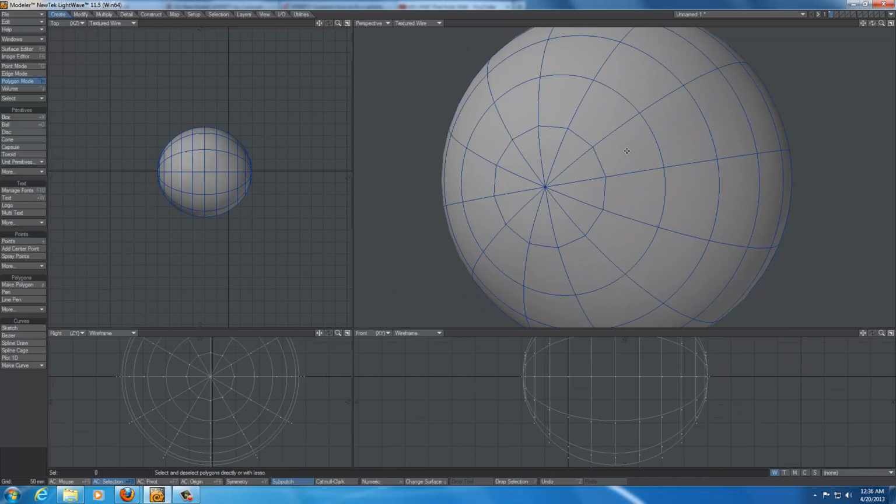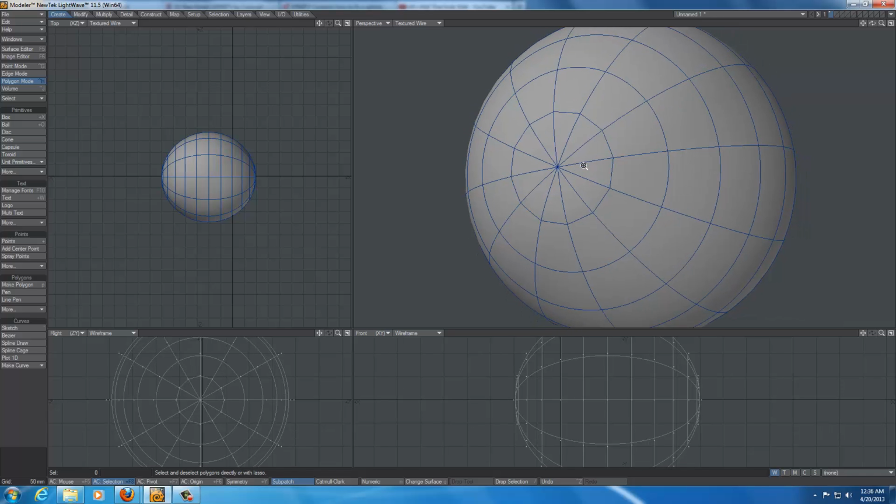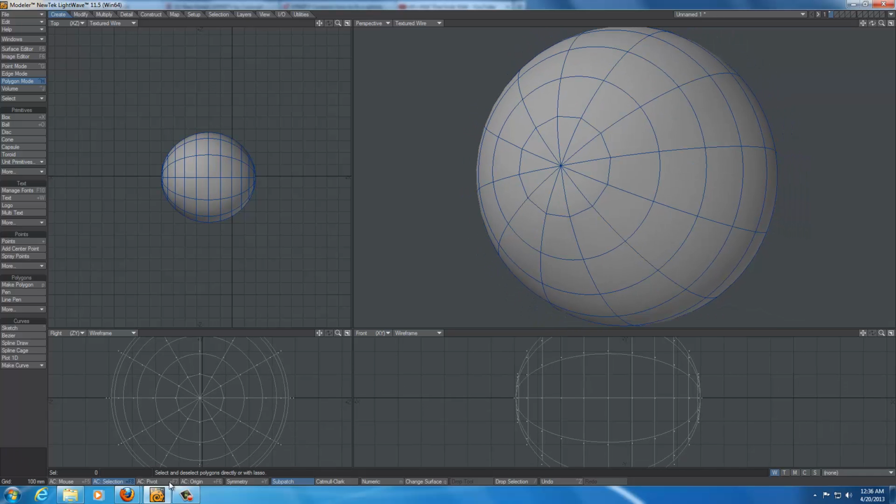We want to get rid of triangles and get quads, and we don't want all these lines coming to that same point. I'm going to go ahead and turn on symmetry. Well, even before I do that, I'll go ahead and show you what will happen if I turned on symmetry. And I tried to center this